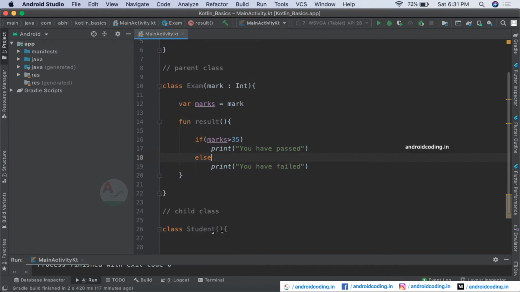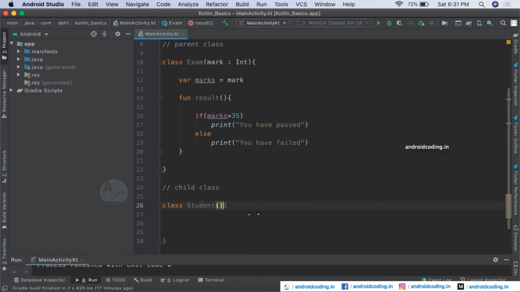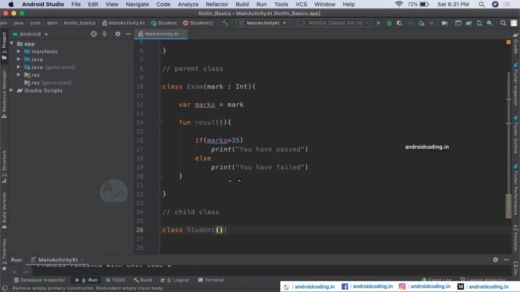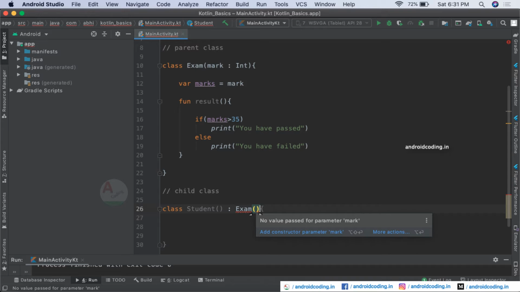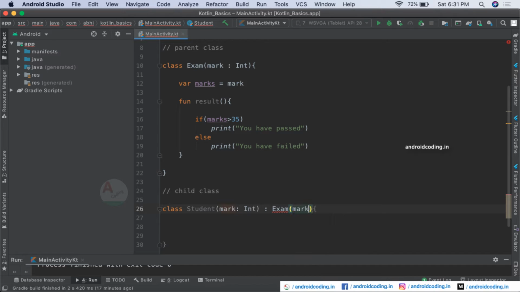So now in the child class, let us try to inherit the parent class here. We will be specifying our parent class here, and it is asking us for the parameter mark here. We have specified the parameter mark for our parent class, right? So we need to consider that in our child class also.